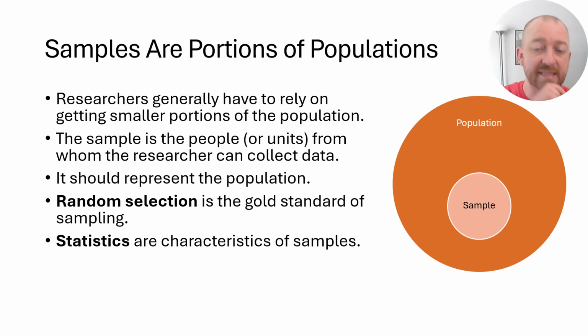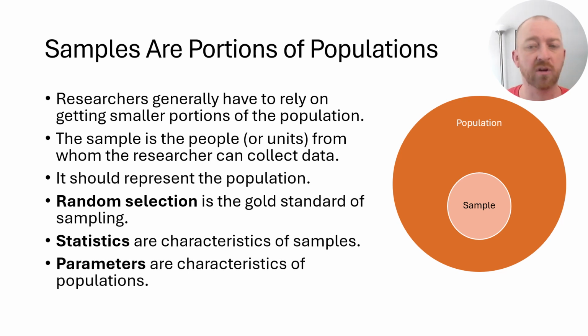And it's important here that statistics, the entire thing that we're talking about in these little micro lessons, are characteristics of samples, and they are intended to represent, or at least, I should say, estimate the population's characteristics. But the population's characteristics are called parameters. So I may be using those words throughout. If I say a parameter, that means I'm talking about the entire population, and this is an actual characteristic of the population. If I mention a statistic, that is a characteristic of a sample, and I also hope that it is representative of my population.